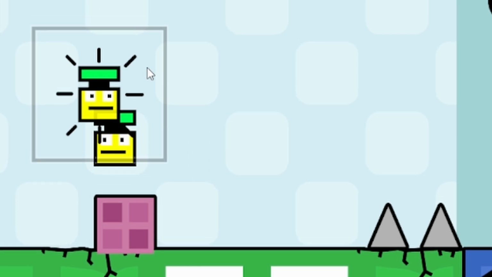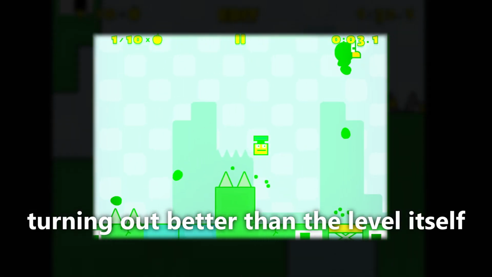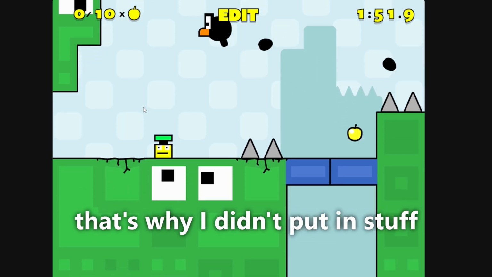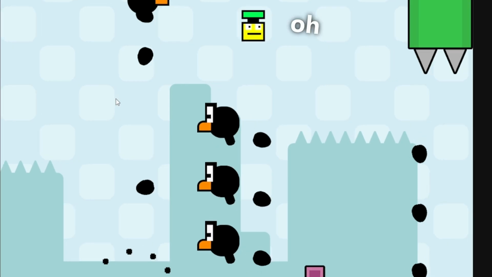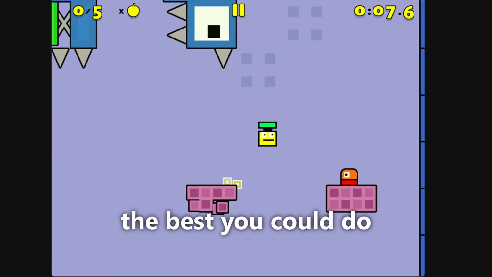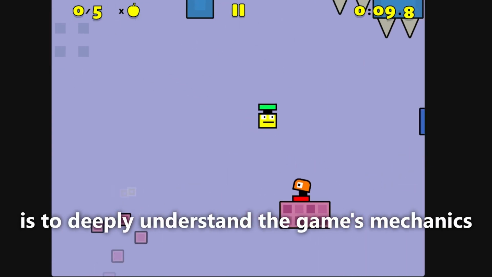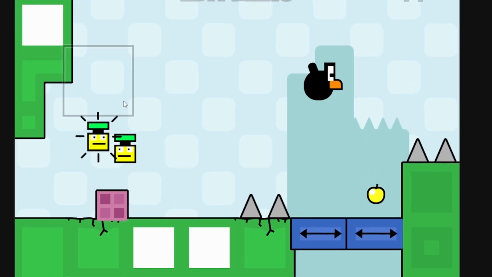cause I hate myself. Also, I'm slightly biased, not better than the level itself, so that's why I didn't put in stuff like the QR mechanisms, because I honestly just want the video to look cool. And I think to be creative, since the game is so limiting, the best you could do is to deeply understand the game's mechanics and to masterfully create challenges around it, which I think I did a pretty good job